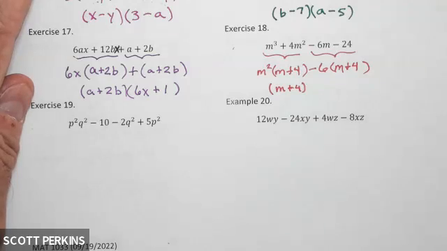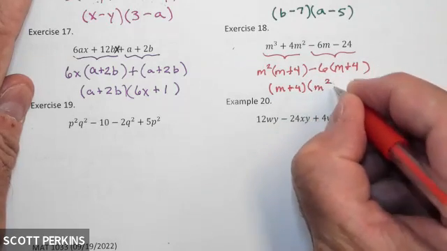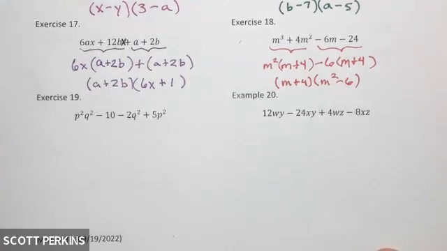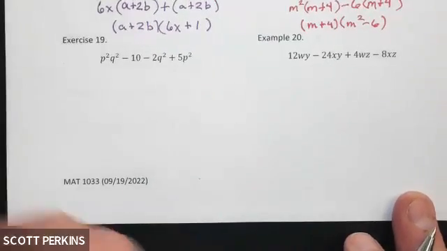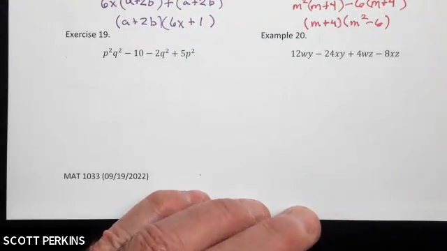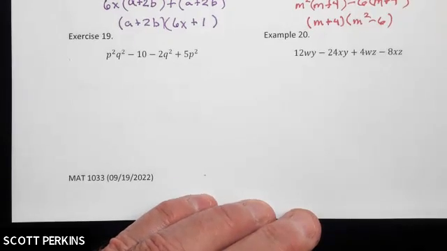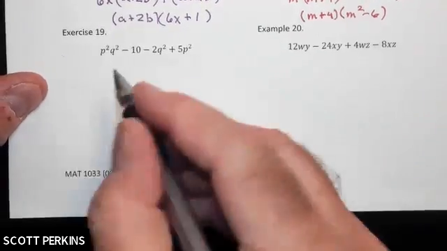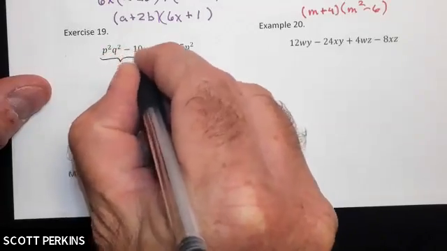So the m plus 4 is in common, and then m squared minus 6 is what's left over. All right, exercise 19. Before I leave you to do that on your own, I want to mention why this problem's on here. So let's group this together. I'm going to do the first bit and then give you a piece of advice. When I group this,